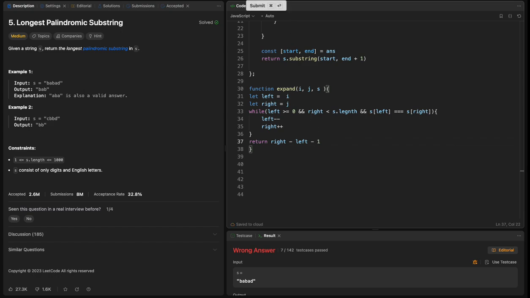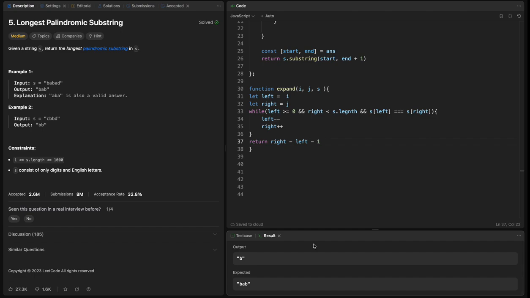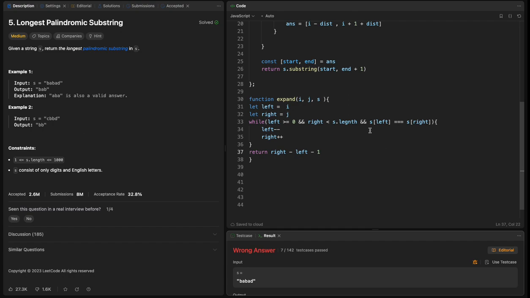Just i should be better. Wow. Return right minus left minus 1. Okay, it should work, but it didn't work for any results. Oh, okay. Let me see why this didn't work. It's a good thing to debug the code, though. I have s.length here, and I am starting